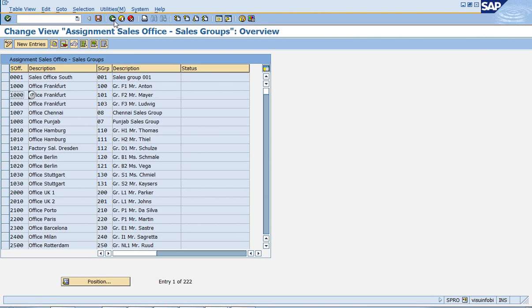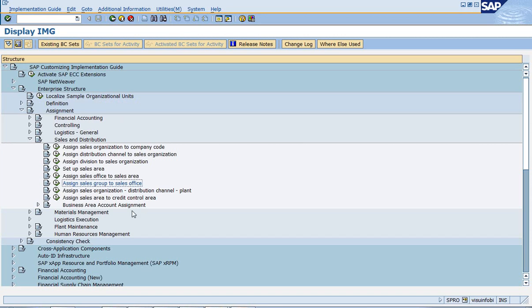Now comes the next part. Assigning your sales organization, distribution channel and plant. If you establish this relationship, then only your cross-module integration between SD and MM is going to get established. Because plant is the highest level for your material management people, and your sales organization is going to be the highest level in your sales part. Now we are going to establish the relationship between MM and SD by performing this step: assign sales organization, distribution channel and plant.